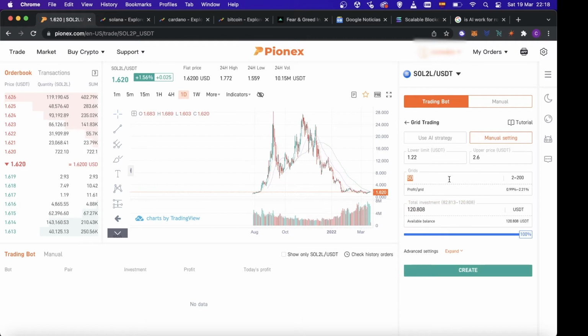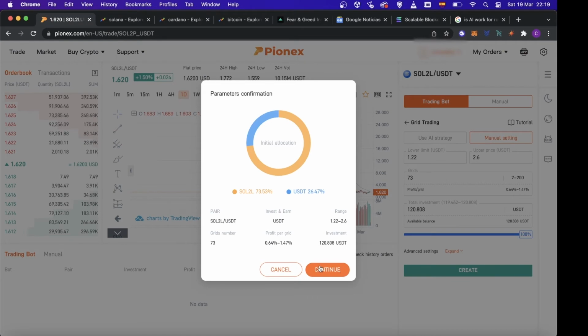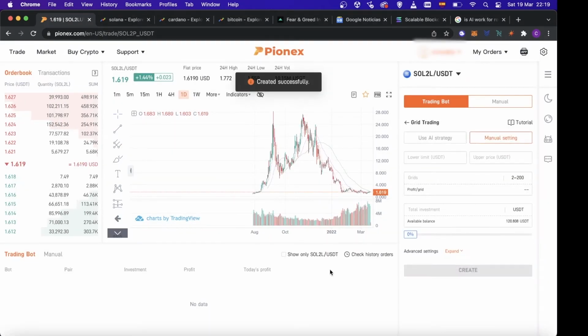So here we are configuring the grids. Let's put 70 grids. We are testing. You need to put an average number of grids, not the most you can, but you need to have a lot of grids, but not too many because of the transaction fees, and not too few because you will not catch the volatility, because these grid robots work on the fluctuation of the market. When you have your robot configured and you like the parameters, you turn it on.